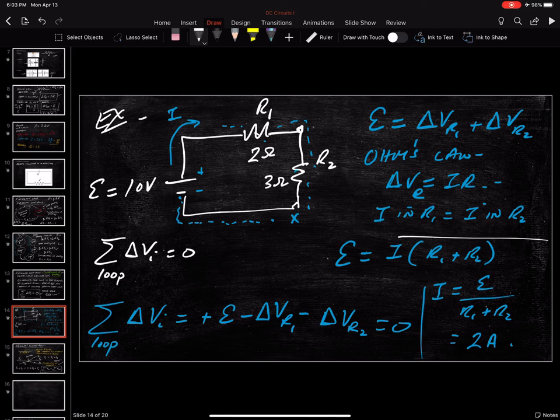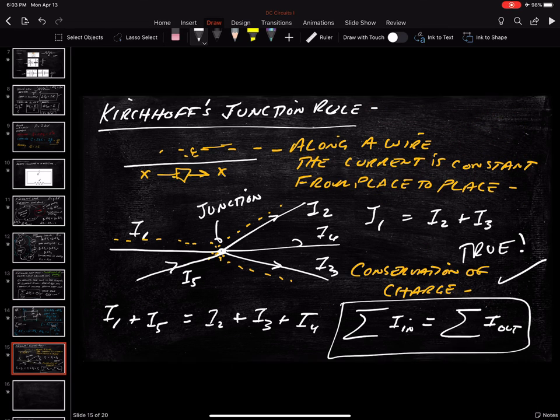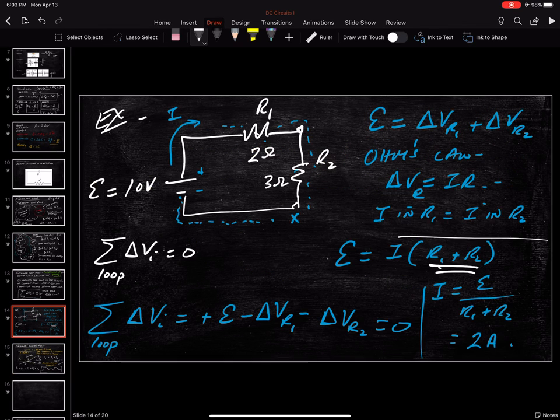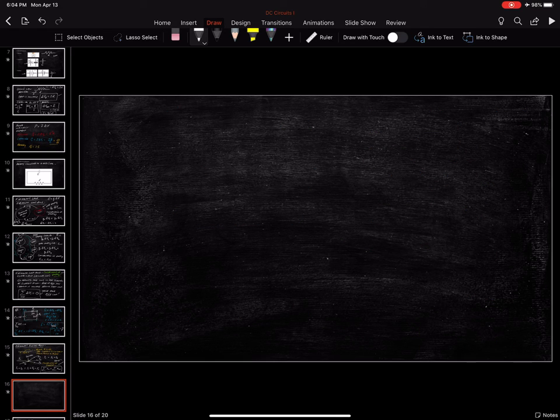If I hook them up this way, notice that I've added up the resistances here. And so the 2 and the 3 ohm resistor, and this just follows from the loop rule plus the junction rule, have gotten together, and this acts like a 10 over a 5. So this 2 and the 3 hooked up together in series acts identically to a single resistor, which is equal to the sum of those resistances. And so if I hook up resistors in series,